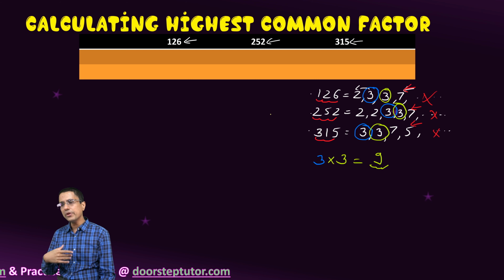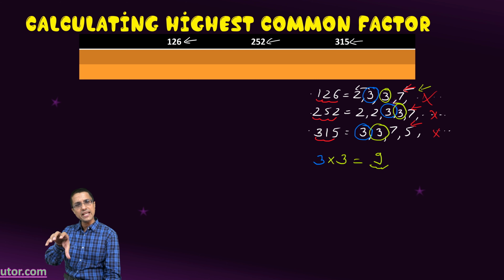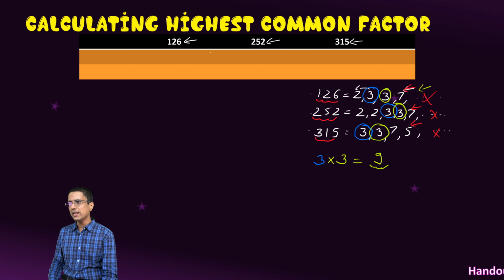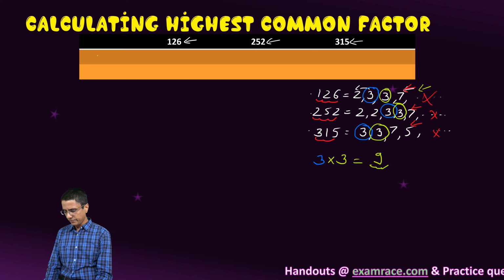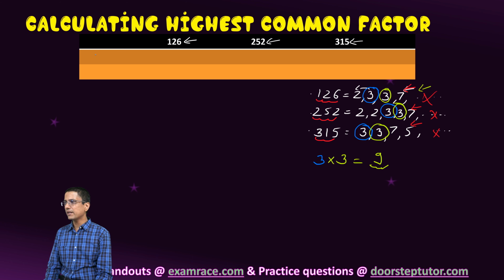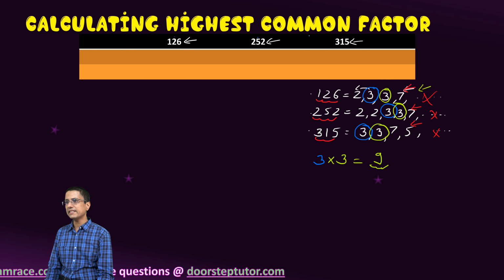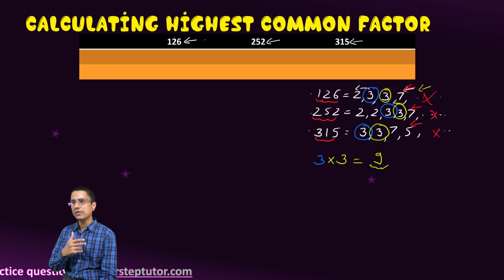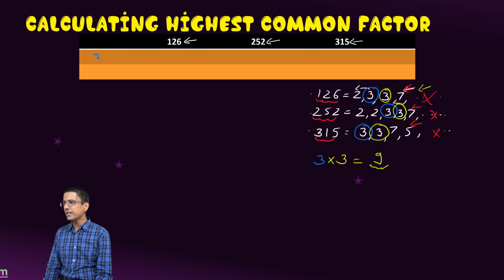Second method of doing the same thing, right? We are doing the same thing, but sort of extracting the common prime factors, in a little bit systematic manner. The way we do it is that we write down the numbers right here. I write down the number 3, which I know would divide this, this, and this. And to find out if the number 3 would divide these numbers, we can use divisibility test, for example. Then I do exactly that.